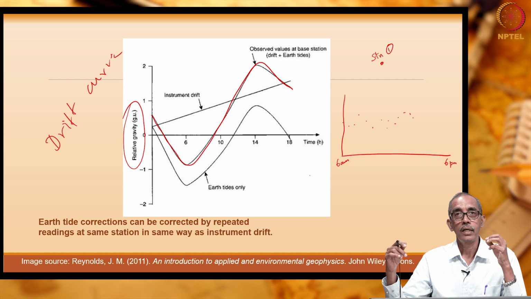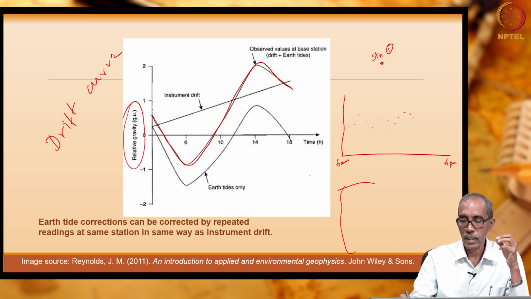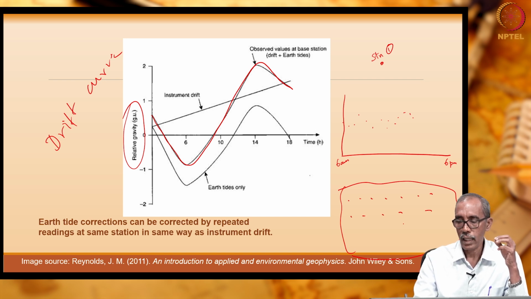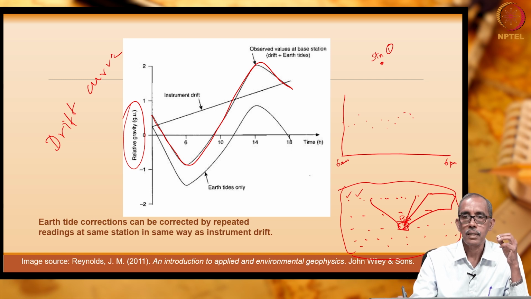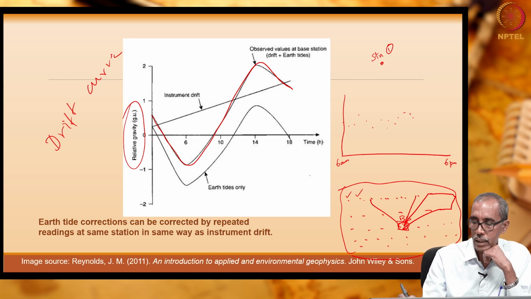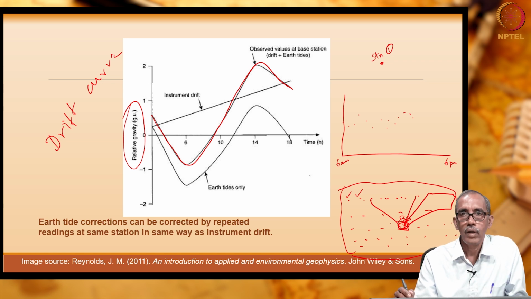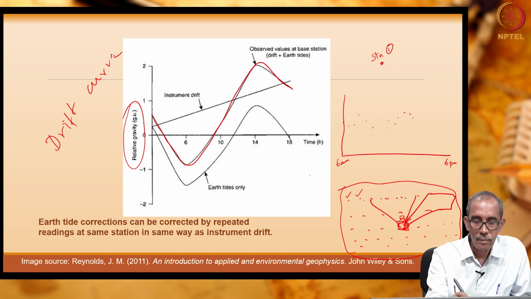For this purpose, I told you previously, if this is our study site, these are all our gravity stations, we select one site, preferably at the center, as the base station. We commence our survey in the morning at 6 a.m. We start measuring here, then after some time you go back to the base station, then come back, do some measurements, go back, continue, then go back to the base station. By doing so, you have measured the variation in the gravity value at the base station at different times.